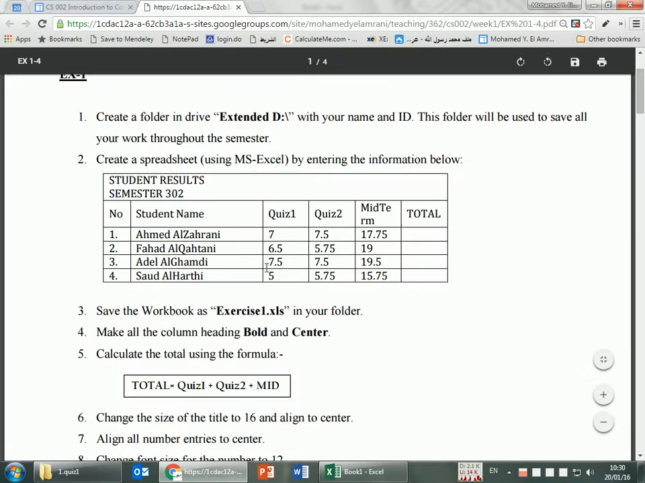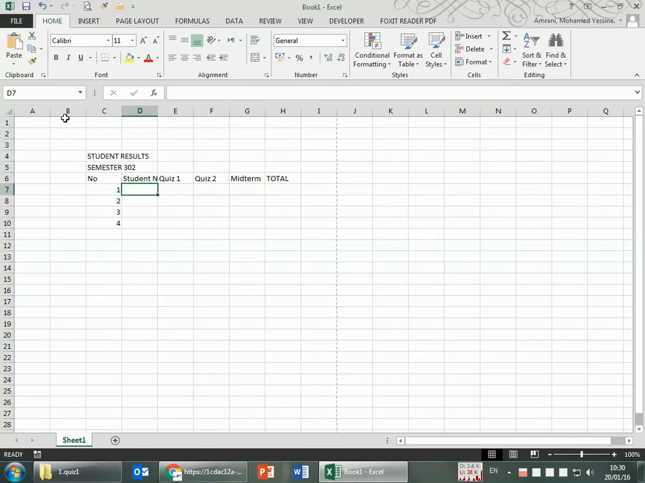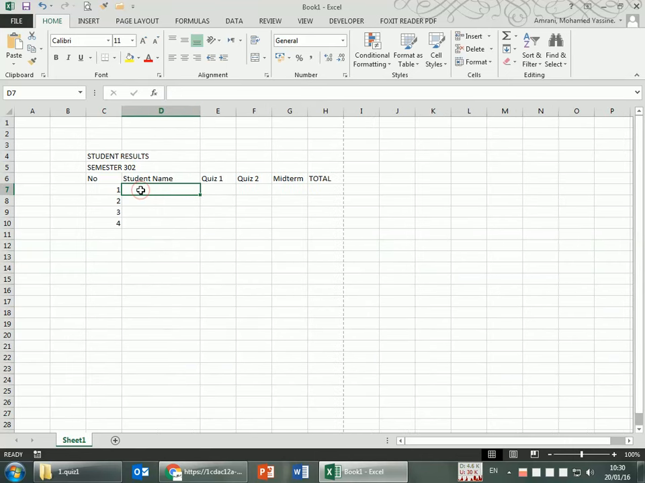And then I'm going to type down the names, maybe just make the width a little bit bigger so I can see the whole thing. Ahmed,